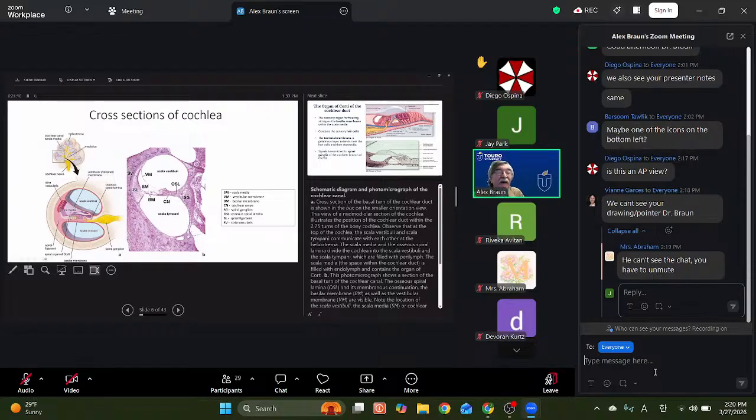Now, there's a fluid contained within the scala vestibuli and scala tympani, which is